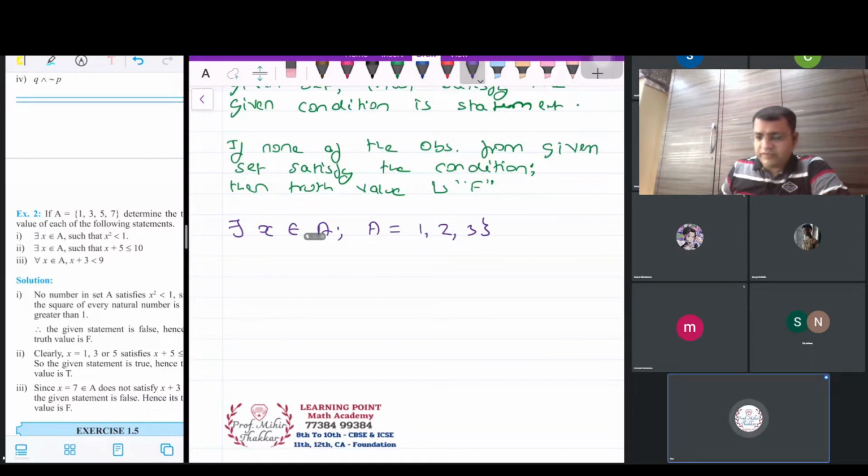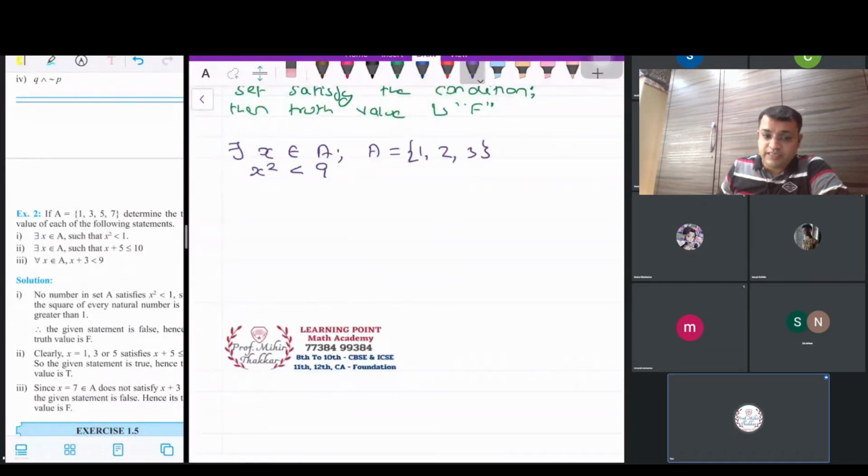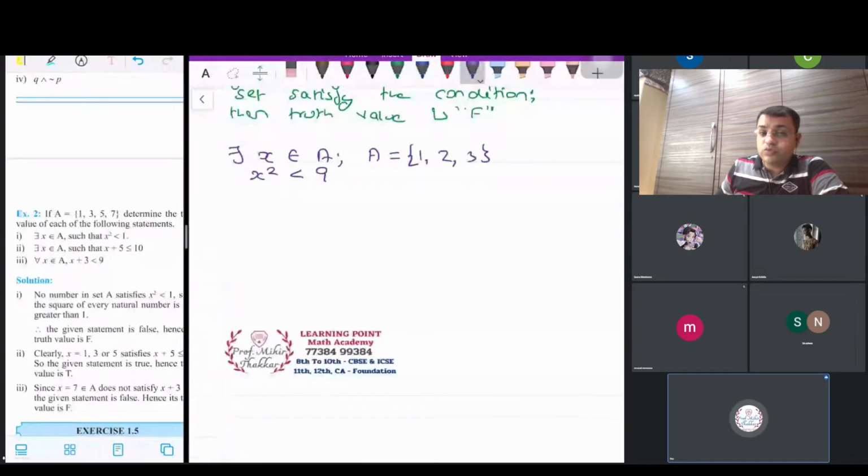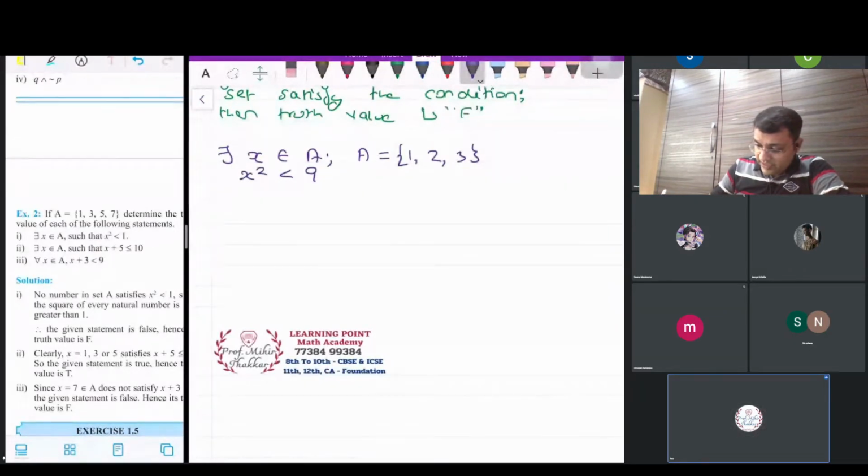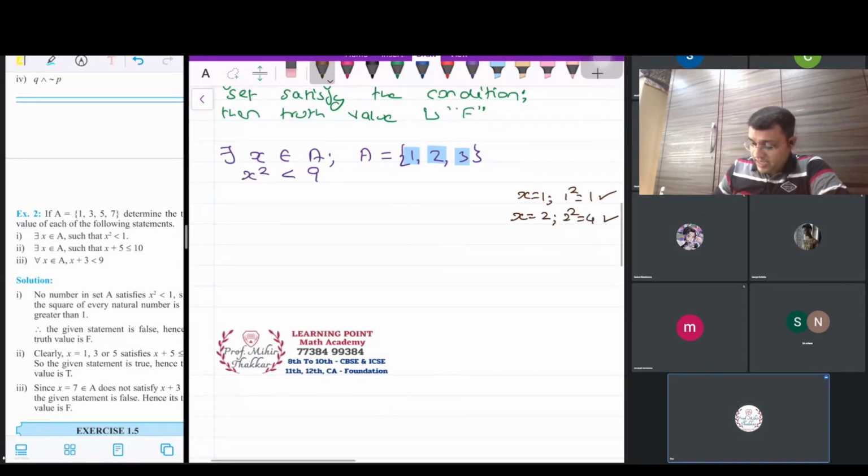Let me check the different values available to x. x can be either 1 or 2 or 3. When x is equal to 1, 1 square is 1, satisfied. x is equal to 2, 2 square is equal to 4, this is also satisfied. And when x is equal to 3, 3 square is equal to 9, this is not satisfied